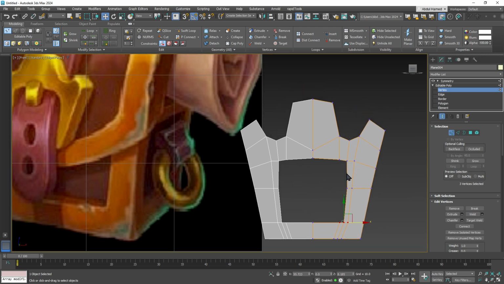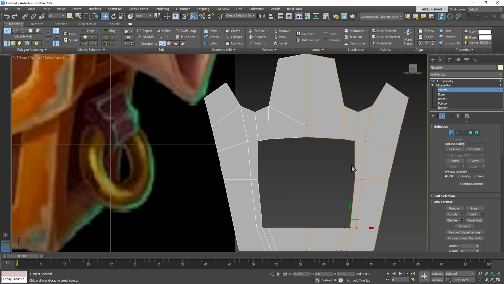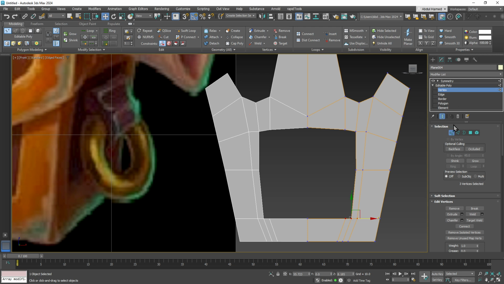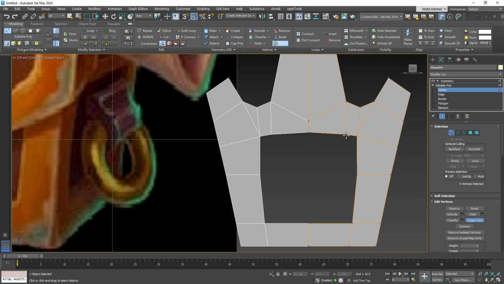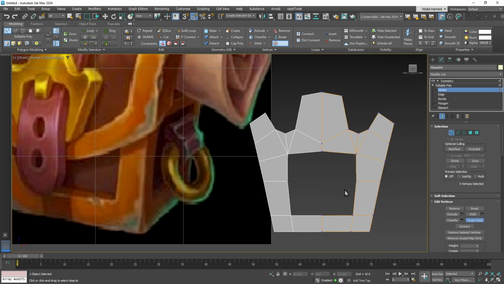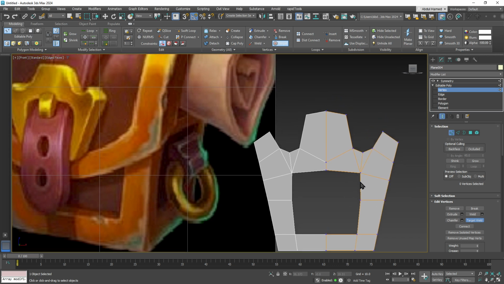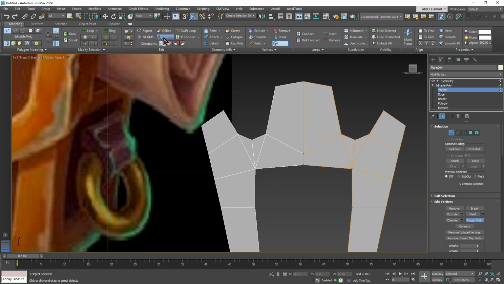So we can see it is a bit roundish. So right now let's do some target weld. Since this is a game object, we do not need all those polygons. And to add the curvature, we might need to add, so this one right here, this one right here,